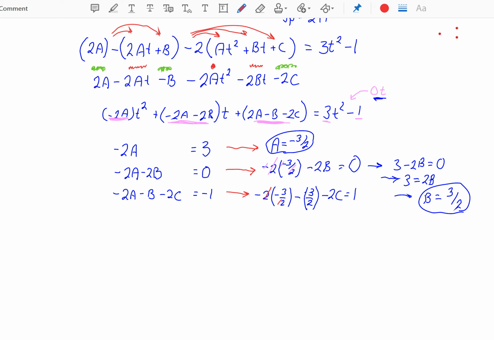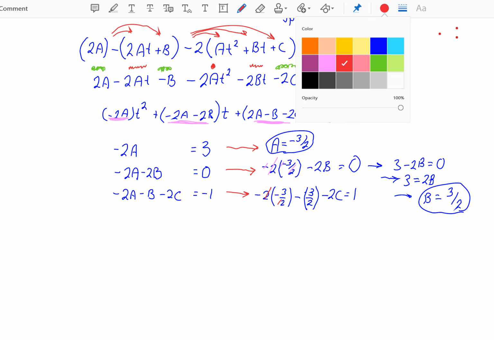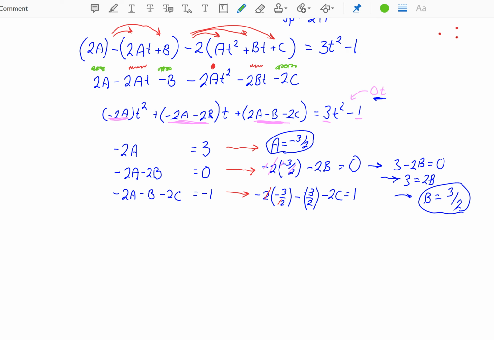Well, I think I made a typo here. I just caught my typo. I'm looking at the constant term here. Here I said 2a minus b minus 2c, but I put a negative down here. That should be just 2a, not negative, which means that should be positive there. Okay, so I think this gives us